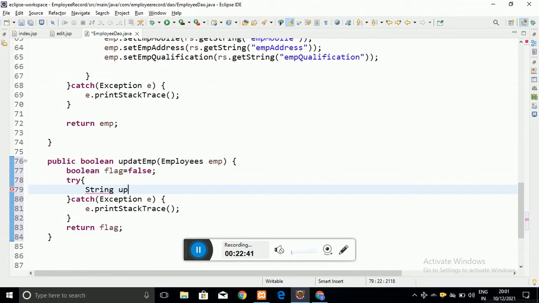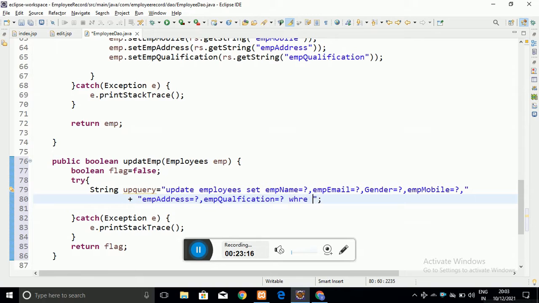Now I am going to create the update query here. Let me write update, the table name, which is employees, and set employee name equal to a question mark, that is, I have to write placeholders here, and those placeholders are replaced using the prepared statement object.